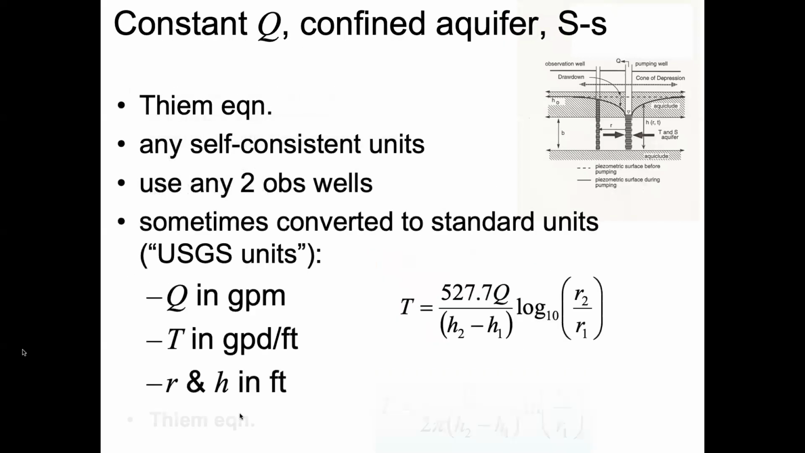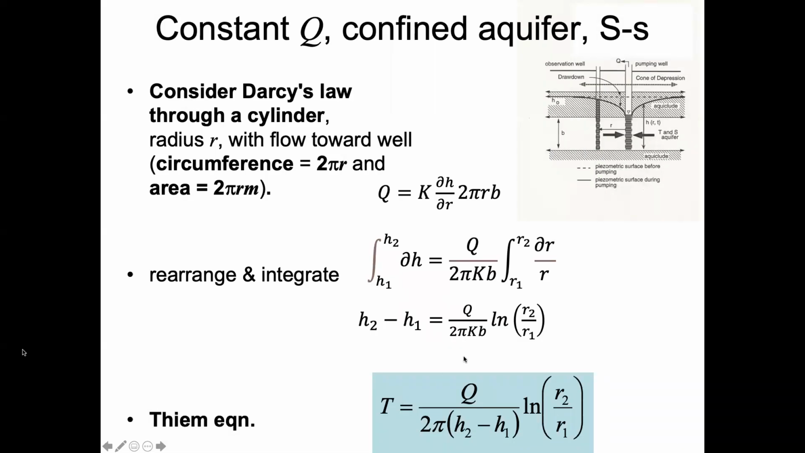So then we can derive what's called the Thiem equation because we're interested in understanding transmissivity. Now remember, if we take K and multiply it by B, we have our transmissivity. So we could put T in here. Remember, K times B equals T. And we can rearrange our equation, and the Thiem equation, which solves for transmissivity in this system, is equal to